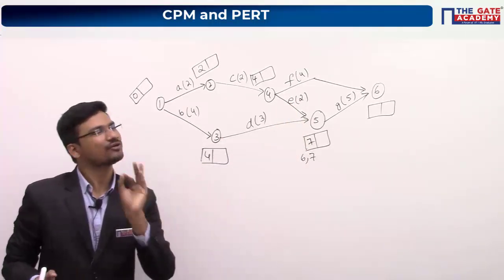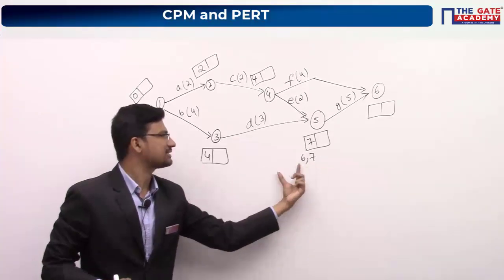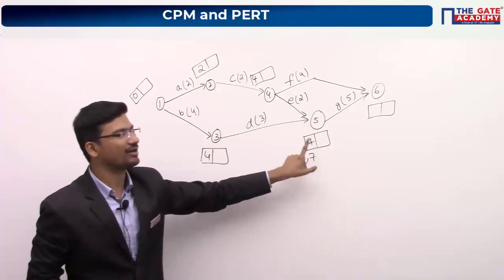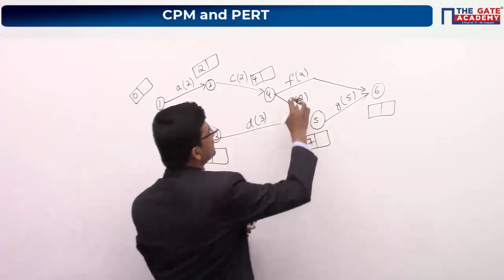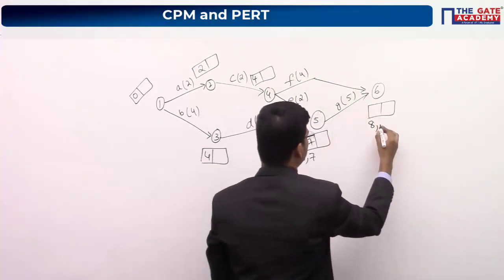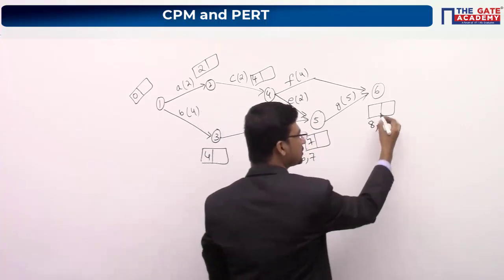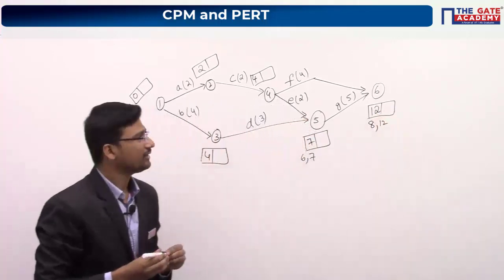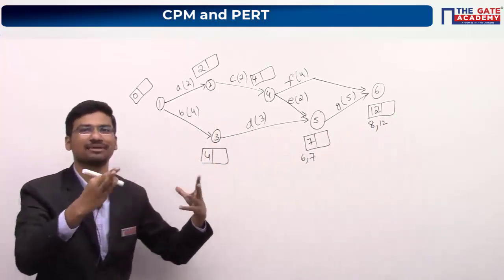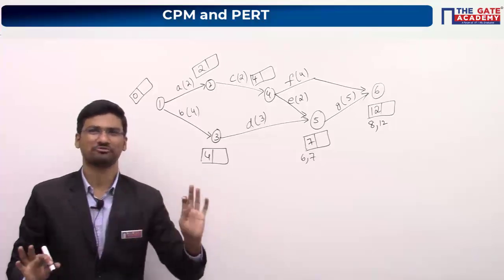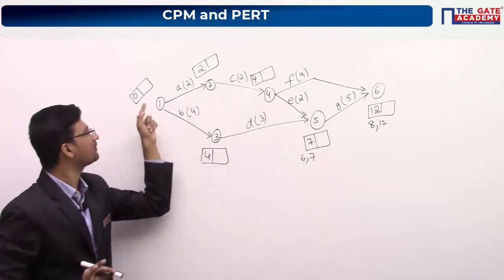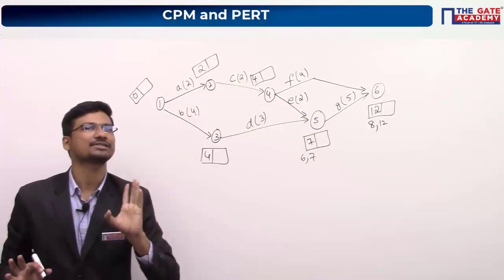Maximum value. So simply you can remember, it may be any number of values here, like 6, 7, 8 or any number of values. Among all those values, you have to take the maximum value here. So next, 4 plus 4 it will be 8, or 7 plus 5 it will be 12. So maximum value is 12 here. Now this is your forward pass rule, okay. Some great name has been given to this rule, but it is very simple. Using forward pass rule, we calculated all these values, earliest start and earliest finish times.